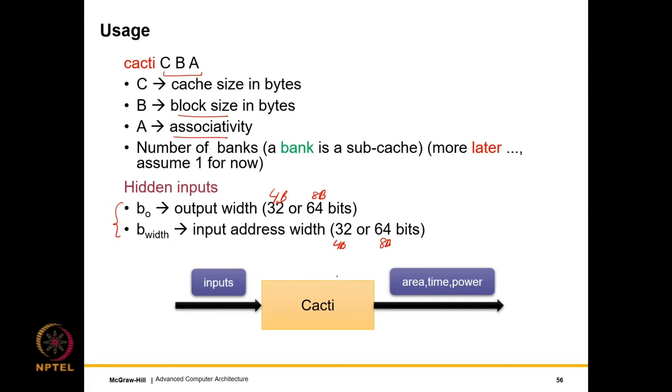So we give it the inputs and the output. The inputs are just ABC inputs with a few implicit ones, and the output is of course the area, timing and power. But of course there are many ways of physically designing the cache, as we shall see. So Cacti will choose the most optimal design based on what you tell it to optimize it for: minimum area, minimum time, minimum power, any combination thereof. And then it will give you the specs of the final design. So Cacti is both an estimator of area, time and power, as well as it also computes the most optimal design of the cache given your parameters.